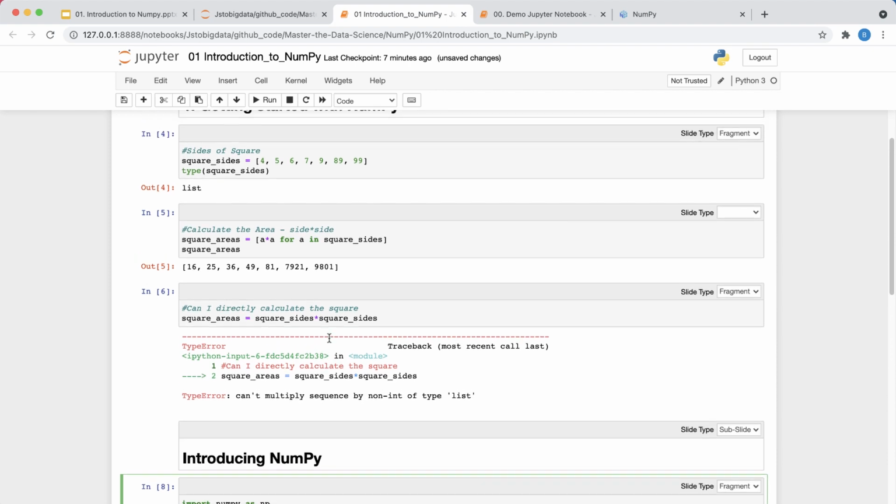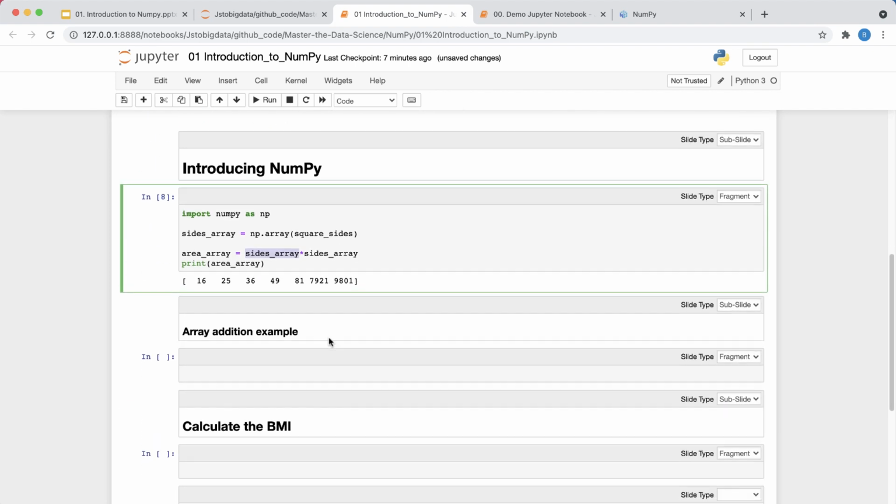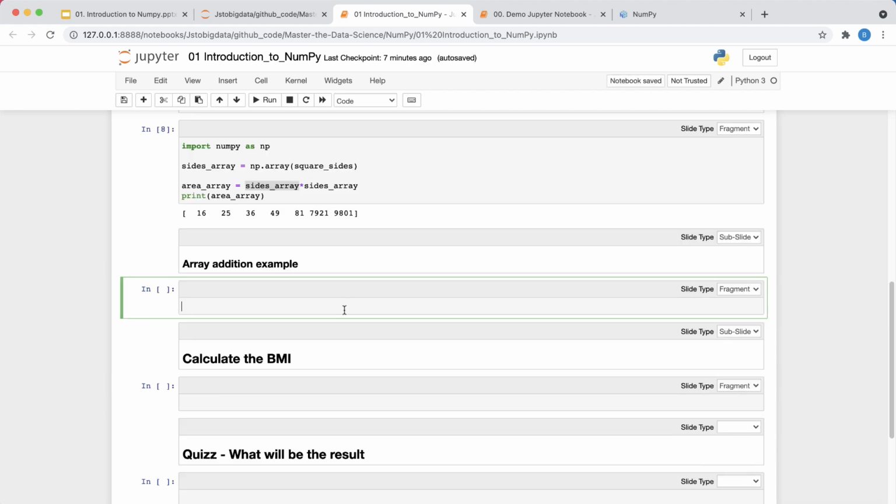So 4 will be multiplied by 4, 5 will be multiplied by 5, and similarly 99 by 99. This is the output that you get, right? Again, I will take you through each of these very clearly in the later part of this video. Try to get an overview of what NumPy can do for you.